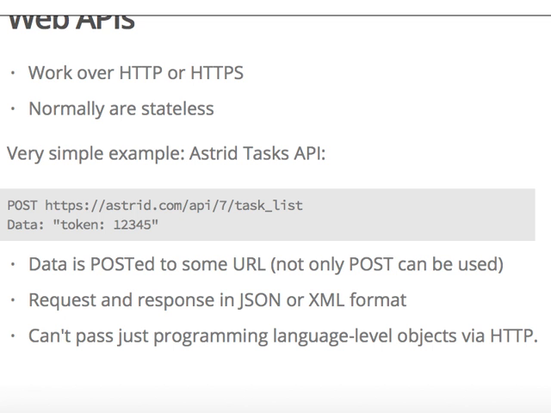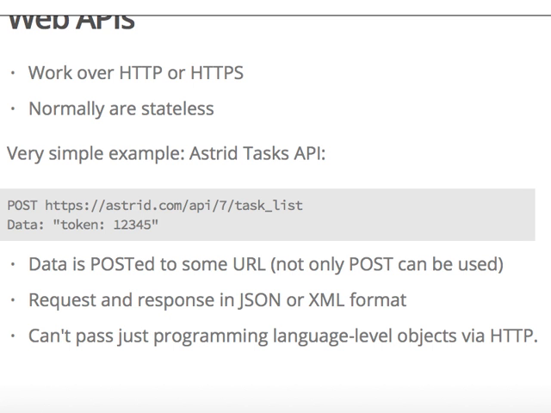Here's one more thing. Well, I guess that's really obvious, and I shouldn't state it here, that you cannot pass programming language objects over the internet. Now, again, this is not entirely true. There were attempts. So, for example, you can think about Java serialization. You kind of, sort of can pass a plain programming object over HTTP, but it doesn't really work.